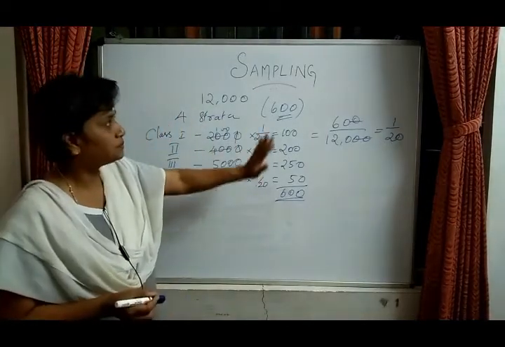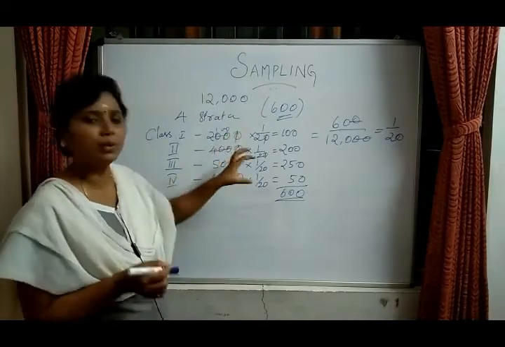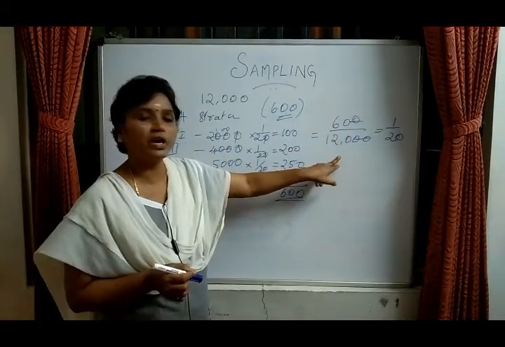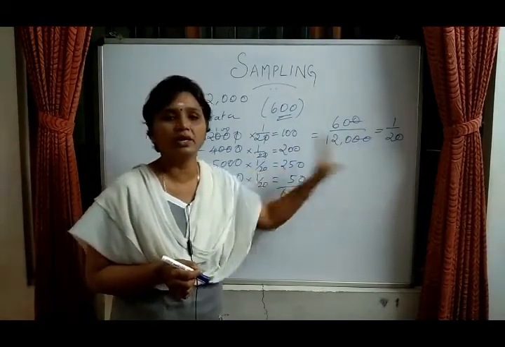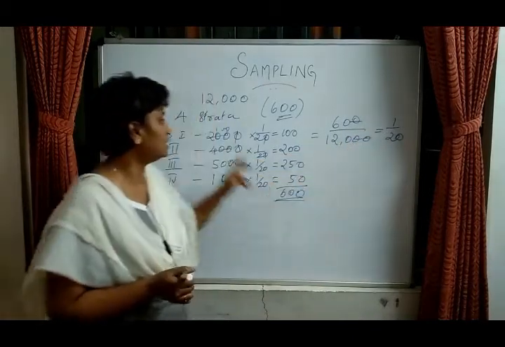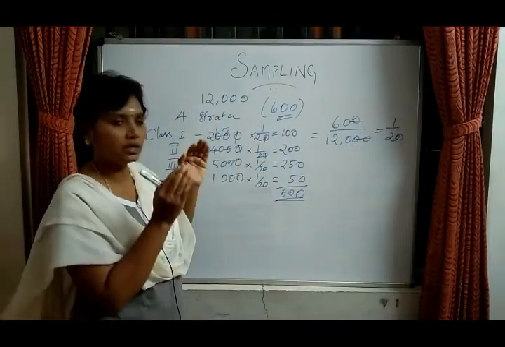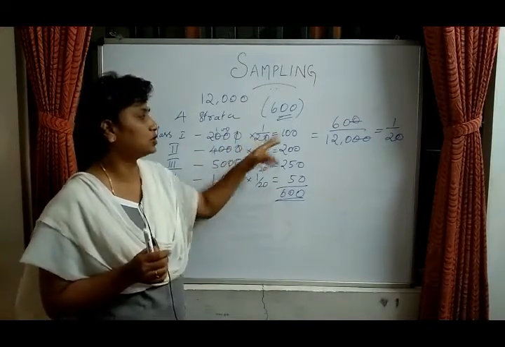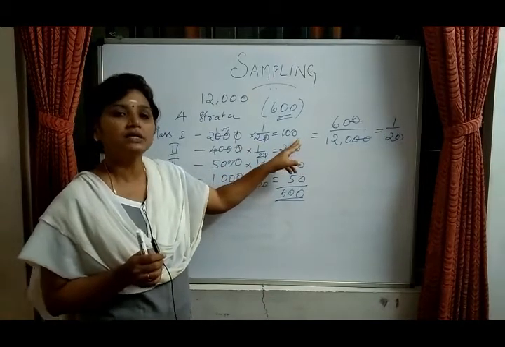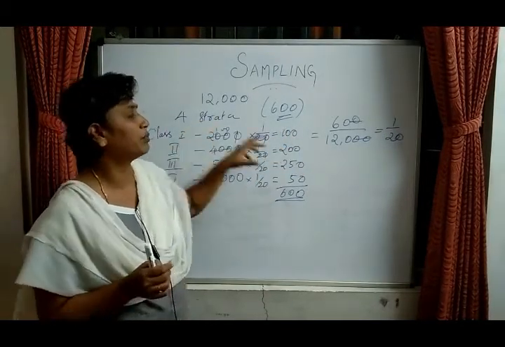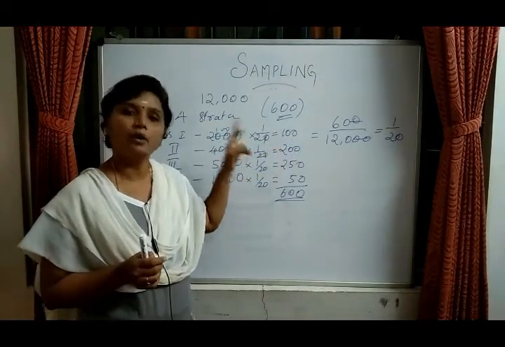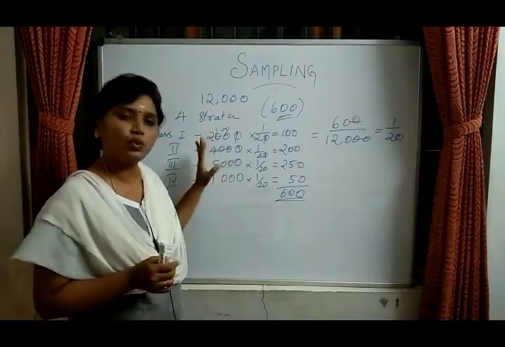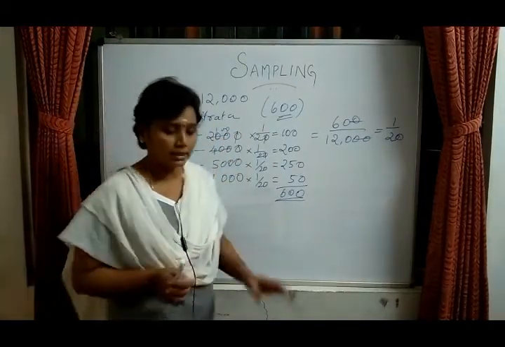So this is how in each strata we select the members. This is the formula we will be using: the sample size divided by target population, so we will be getting a sampling fraction. Here the class 1 strata has a total population of 2,000 into sampling fraction, so we will be achieving the sample size. From the 2,000 people we have to select 100 members. So each strata will be given an equal chance, that is called probability sampling.